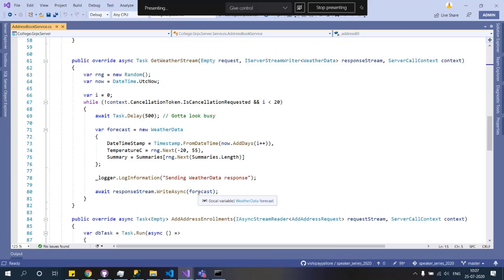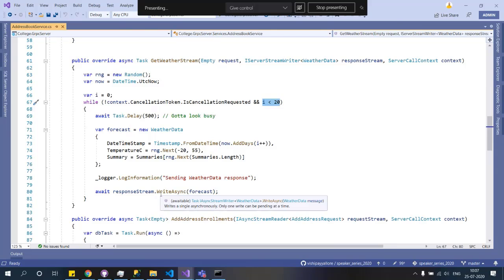So we are retrieving this summary and we are writing it in this one. And every time we write this information, that goes back to the client. That means the loop is the main thing. It writes 20 weather forecasts and that goes in. So what is important for us is write response dot async.